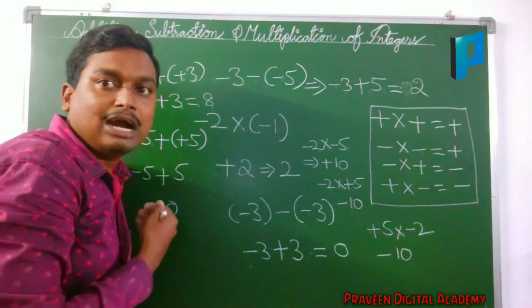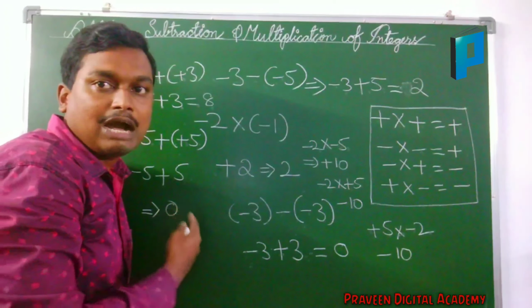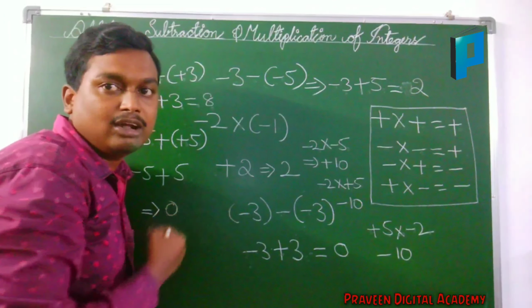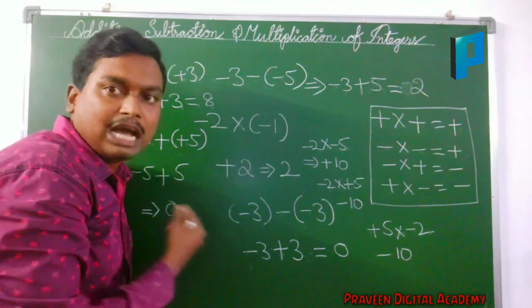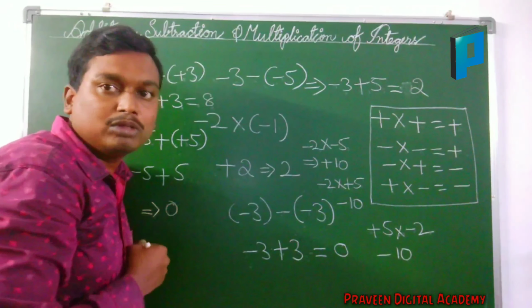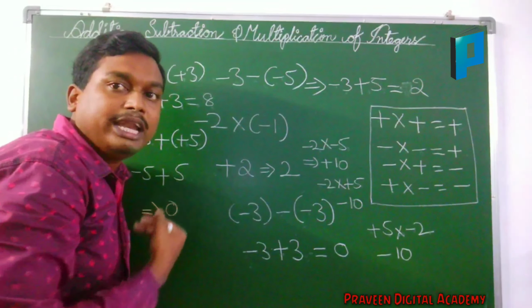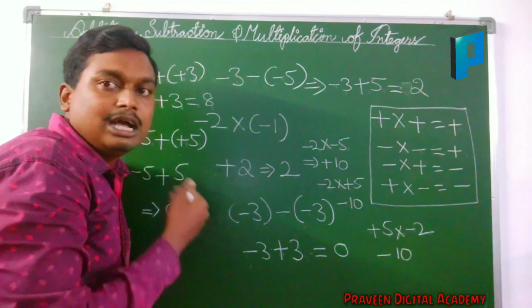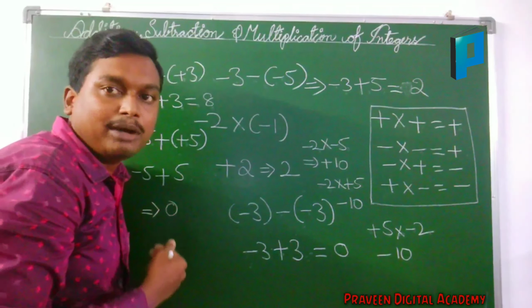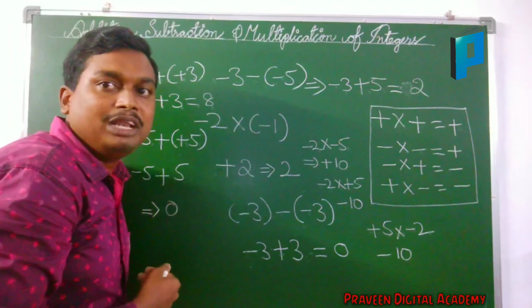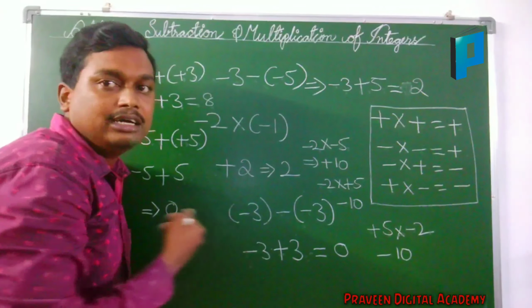Addition and subtraction will have 3 methods. First method will have both positive. At that time, we will add the numbers and keep the sign of plus. Second method will have both negative. Whenever you are having both numbers negative, we will add the numbers and we will keep the sign of minus. In the third method, we will have one positive and one negative, or one negative or one positive. Here at that time we will subtract the higher number and lower number. Whatever the answer we will get, we will write that number and we will keep the sign of higher number.